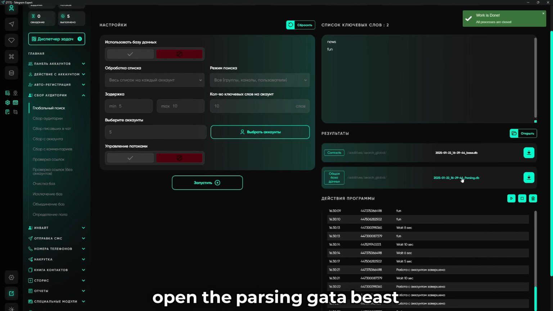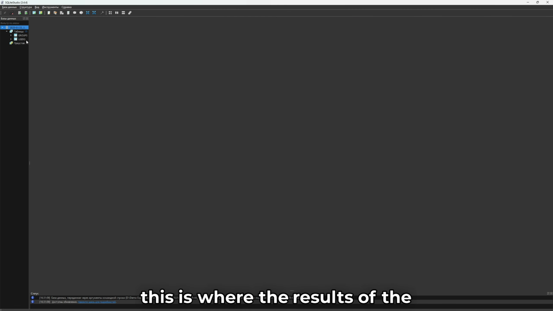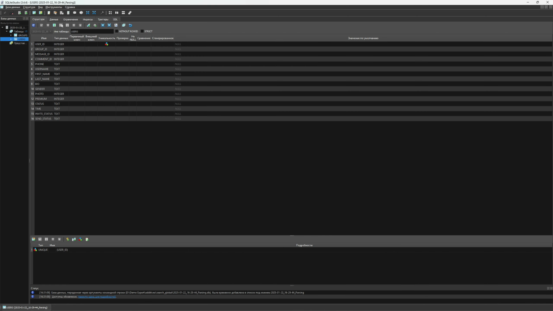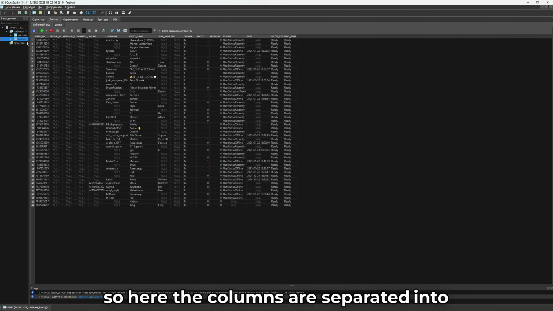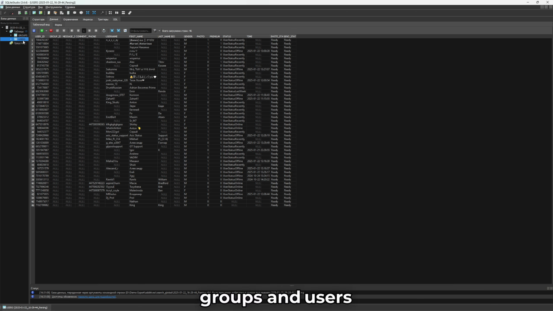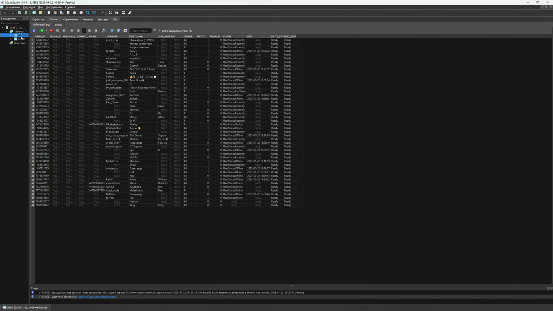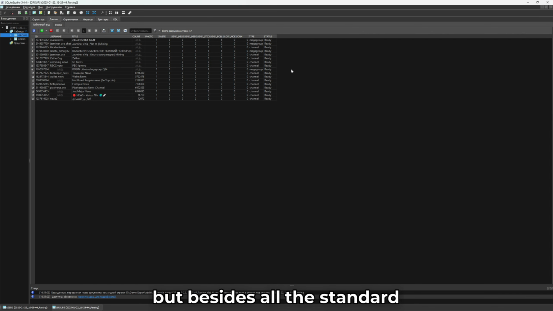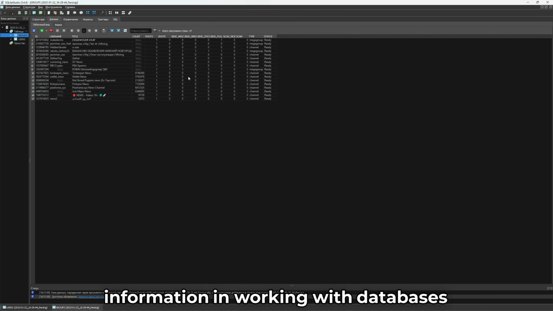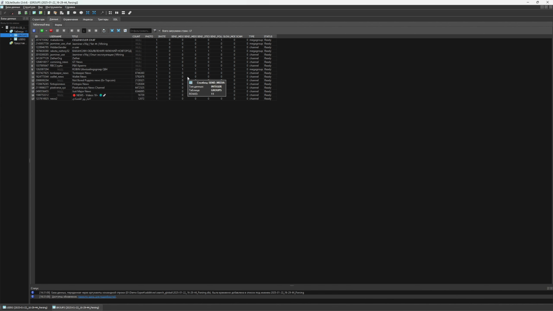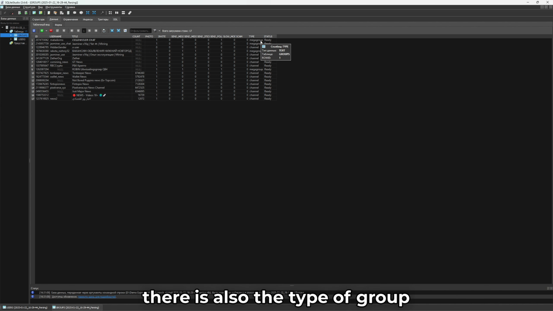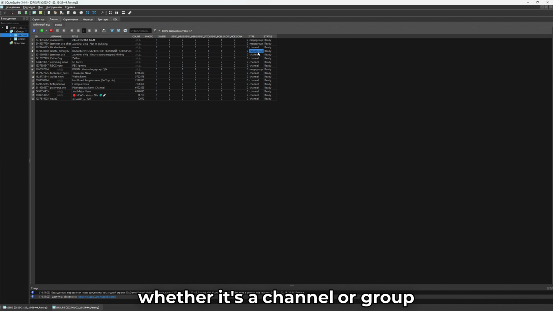Next, let us open the parsing database. This is where the results of the collection are stored. So here, the columns are separated into groups and users. As we can see, we have collected users as well as groups. But besides all the standard information in working with databases, there is also the type of group, whether it's a channel or a group.